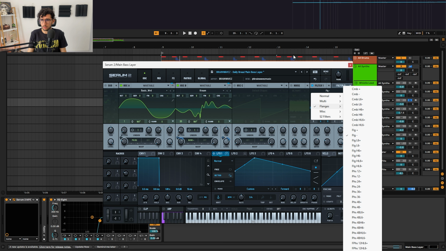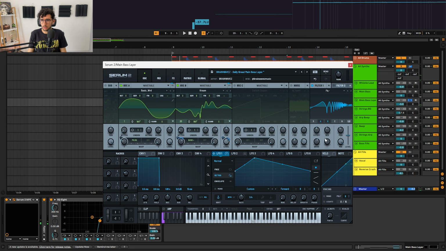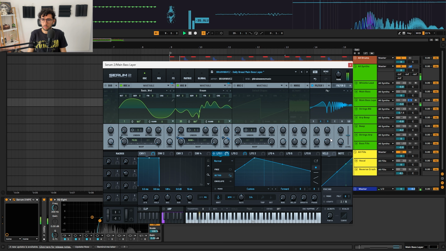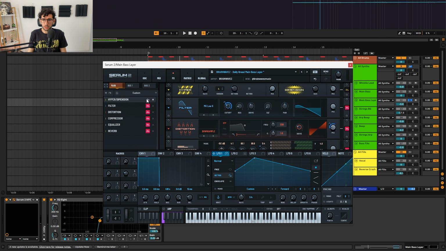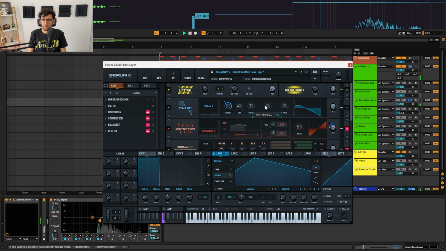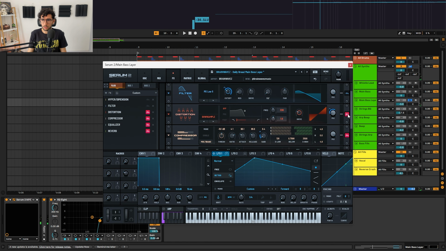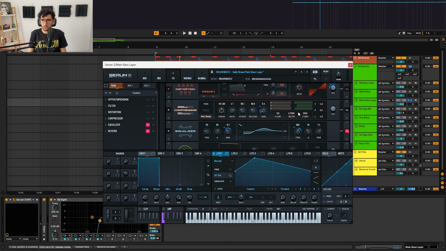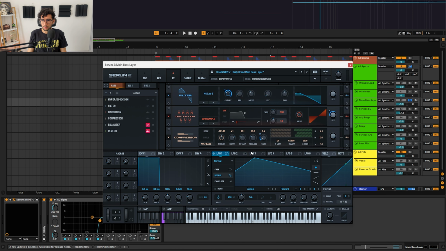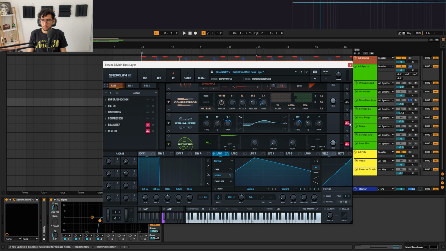So not getting much sound right now, but we'll keep going and we'll get there. Then I use this flanger minus filter with these values. Then if I go to effects, I added some hyper dimension, some filter, another one. We're getting somewhere. Then we have downsampling distortion, some OTT compression, and notice that all of this and this is being modulated by the first LFO in here. Some EQ